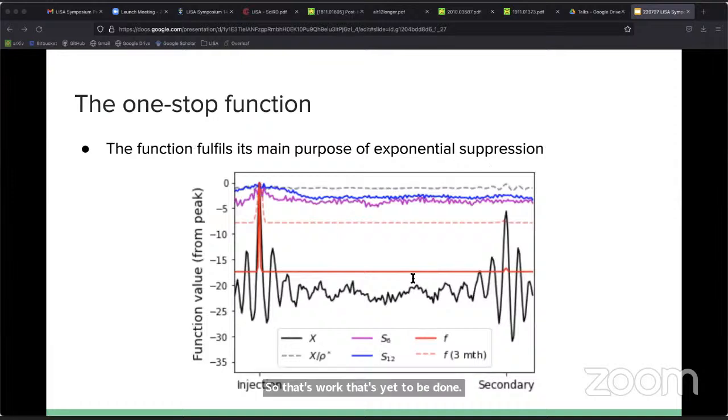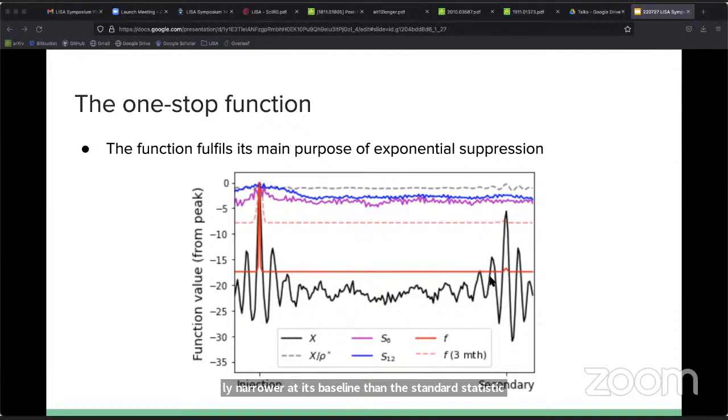So here's a demonstration of the function for an example EMRI signal space that's parameterized by 6 intrinsic source parameters. There are a lot of curves in this plot, but let's focus first on the solid red curve, which is the function f for an observation duration of 6 months. This is f evaluated along a straight line drawn between the signal parameters and a strong secondary in the 6D space. The red curve has virtually no variations other than the main peak, and it's only marginally narrower at its baseline than the standard statistic x, which is the black curve.